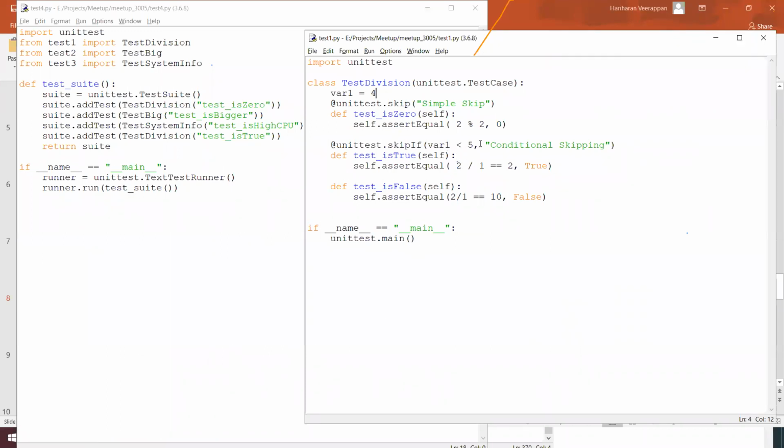It will be skipped only if that particular condition is matched, and only then we do the skipping. Like that we can do conditional skipping of the test cases.